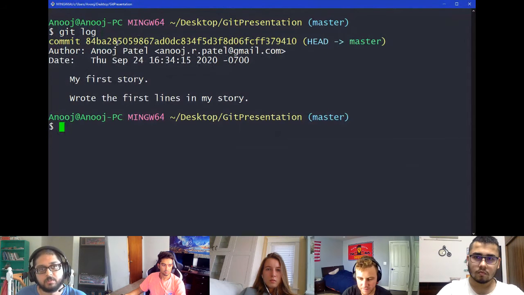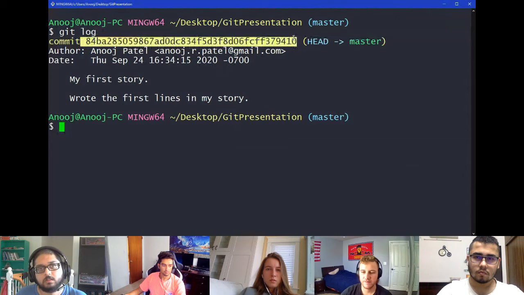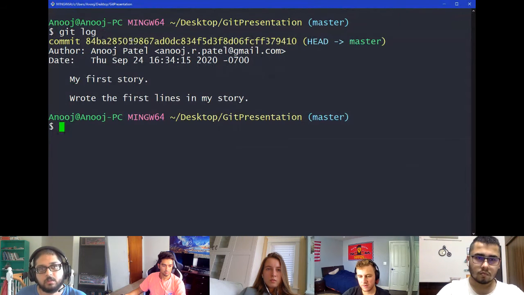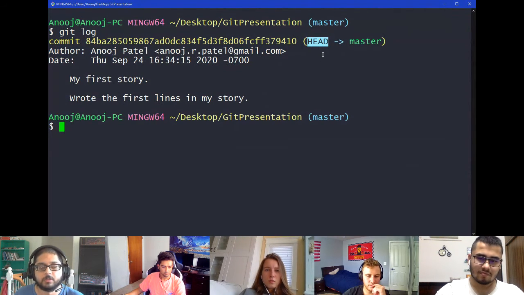So here's the commit. If you're familiar with hash maps and stuff, that's a hash code. So it's a unique identifier for this commit. And if you look here, it says head is pointing at master. So head, if you remember from earlier, is the term for